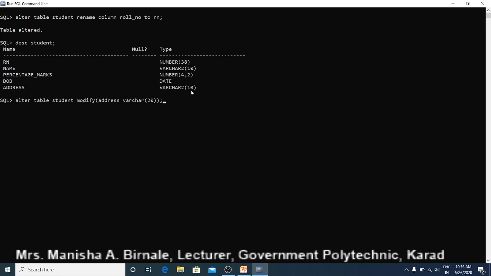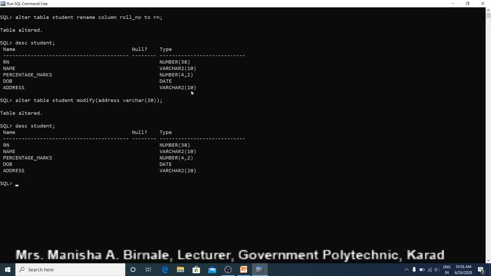And then semicolon. So our table is altered. You can check it using the DESC command. Here the column is address and its type is varchar 20. Here you have changed the length of this data type.